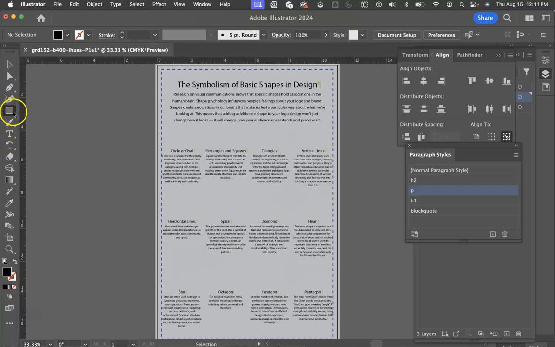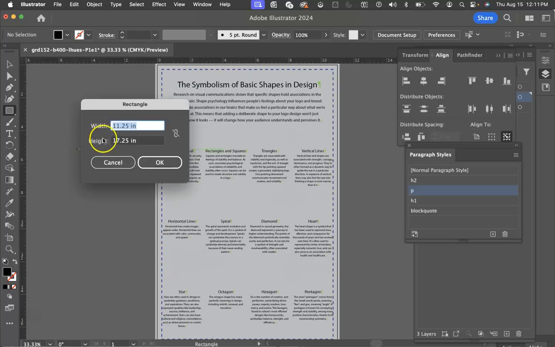So the first thing I'm going to do is select my shape tool, and I'm going to choose rectangle. I'm going to double click on the pasteboard, and I'm going to create a perfect square. So I don't have to constrain proportions for this. I just need to choose a size. Now I know that this is about 2.5 inches wide because I set that up, which means that if I compare that, these shapes would probably look good at around 1.5 inches tall, or perhaps maybe even smaller, like 1.25, right? So I'm going to go 1.5 for both dimensions of my square, and